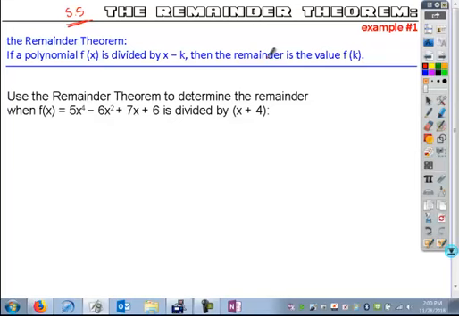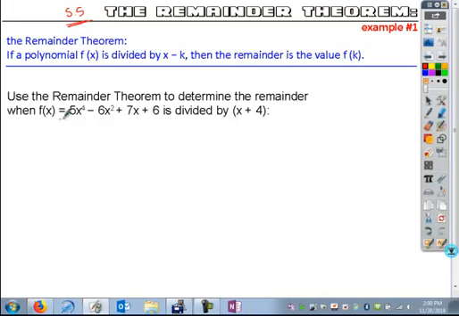The first one is called the remainder theorem. And basically what it means is that the remainder, when a polynomial is divided by some linear factor, x minus k, is going to be whatever that original polynomial would be if it were evaluated for the 0 at that factor. Okay, and so what that means is if you were asked to find the remainder when you